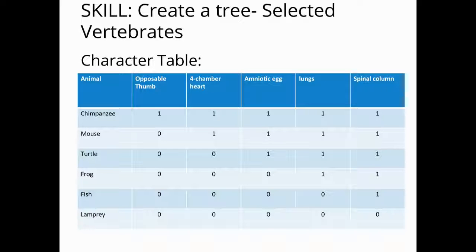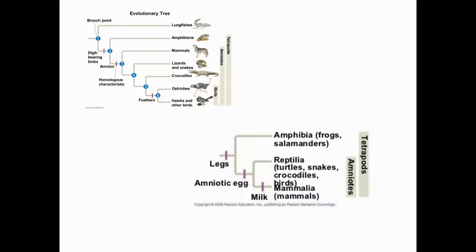I want you to create a tree. So here are a couple of examples of what I am looking for, and you have a blank slide, and these obviously don't contain all of them that you have, or even the characteristics, maybe some, but not all. I want you to put this on the blank slide that you have on your notes sheet,